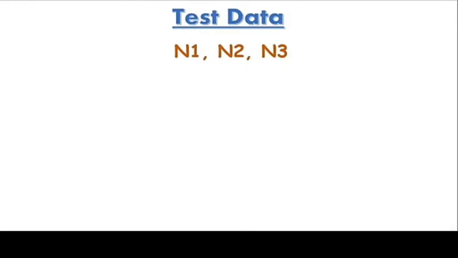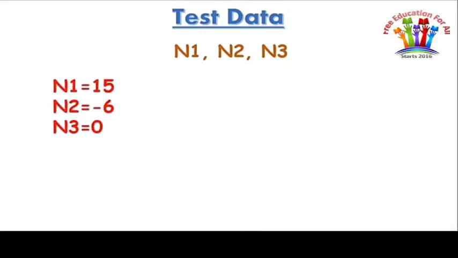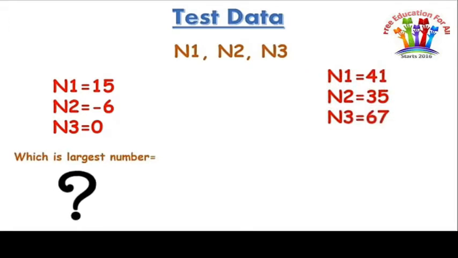Largest number, and in my mind there are three values: positive, negative, or 0. In that case, which number will be the largest? That is called test data. For example, here are three numbers. These are positive: 41, 35, 67. So at this time you have to check which is the largest number. When we get the solution, at that time we will say whether our algorithm is in working position